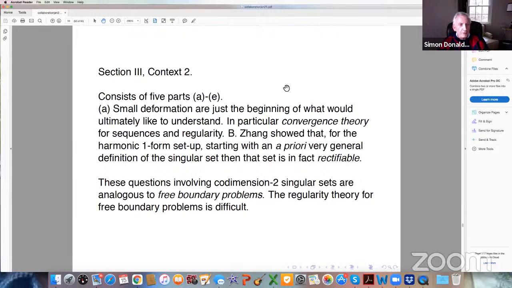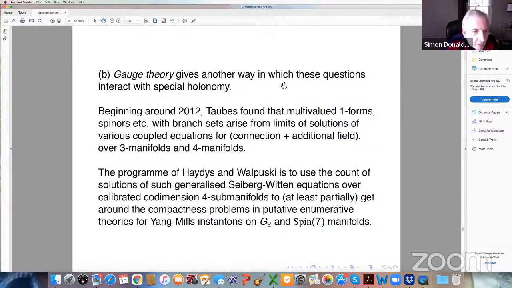One of the main achievements of the Fields medalist Figalli, the last Fields medalist, involved results about this kind of regularity theory. We mentioned some ways in which these questions interact with special holonomy via studying these adiabatic limits for the spaces. There's another way,